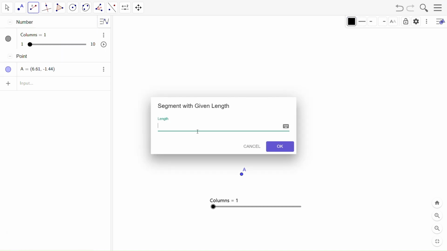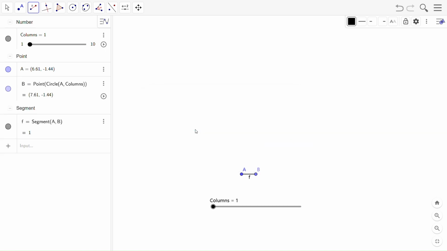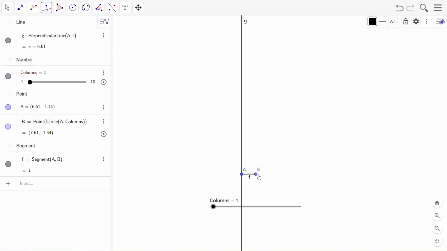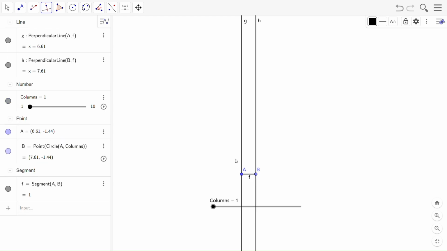Construct segment F with given length columns from point A. Move slider columns to check the segment with given length. Construct a perpendicular line G to segment F through point A and a perpendicular line H to segment F through